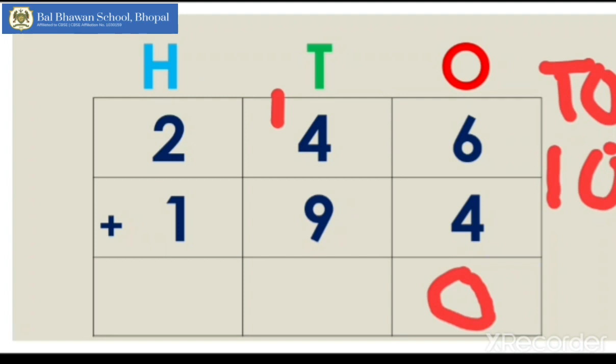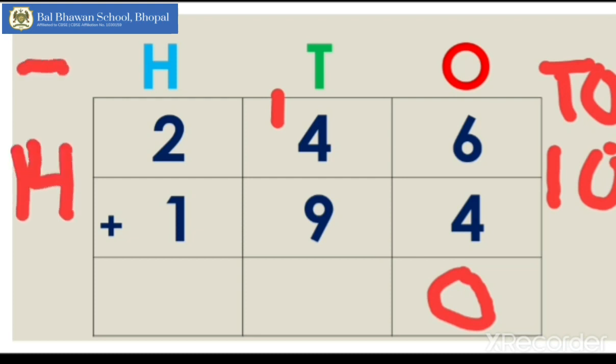Now second step, we will add the digits given at tens place. Now 4 is there, you can count 9 times or you can count 4 times after 9. You can do both. Okay, so we will count 9 times after 4. So 5, 6, 7, 8, 9, 10, 11, 12, 13. Now what are we getting after adding? 13. Now 13 and 1 carryover, don't forget to add. So 13 plus 1 is 14.